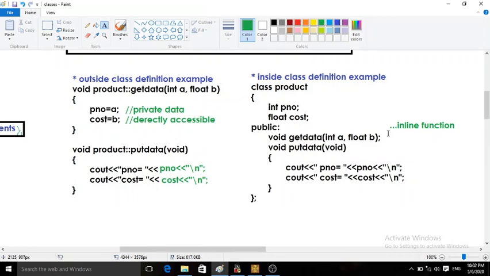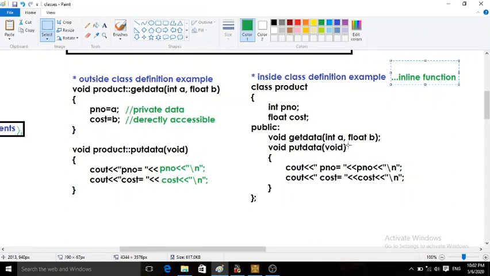The getdata method is declared here. So I move this over here. Okay, no need to copy. So here void putdata void.